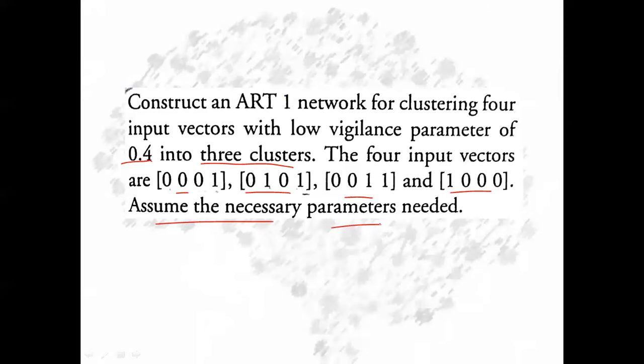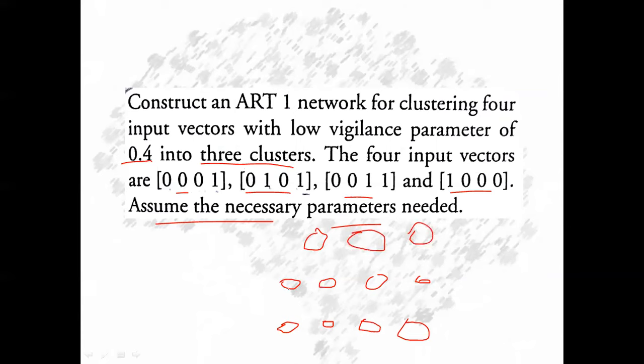So just by looking at the problem, we have to be very clear about its architecture. So its architecture will be containing 4 neurons in the input layer. Why? Because the input vectors are distributed over 4 features, 4 dimensions. And your input interface layer will also contain 4 neurons. And in the same way, we have to construct 3 clusters out of them. So our output layer will contain 3 clusters, means 3 neurons will be there in the output layer.